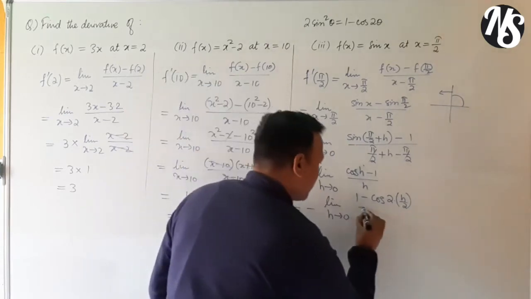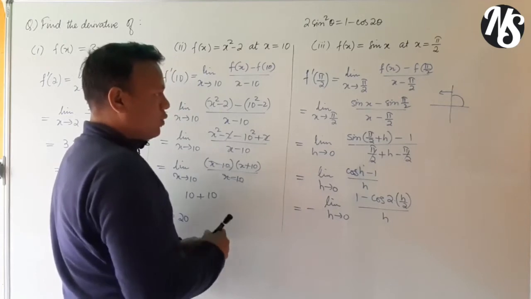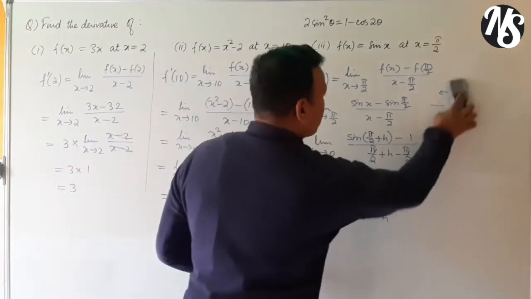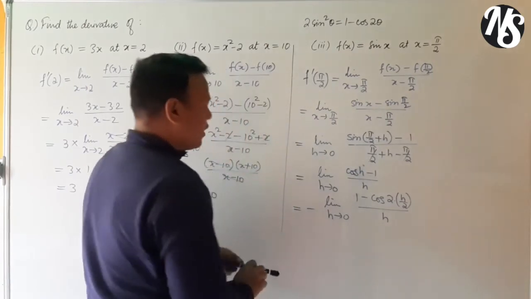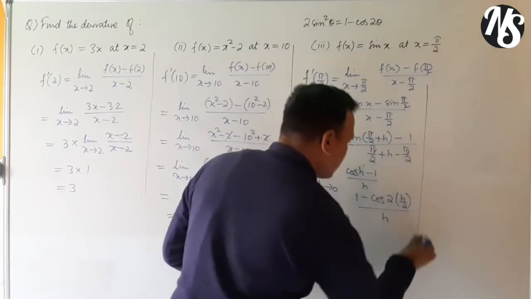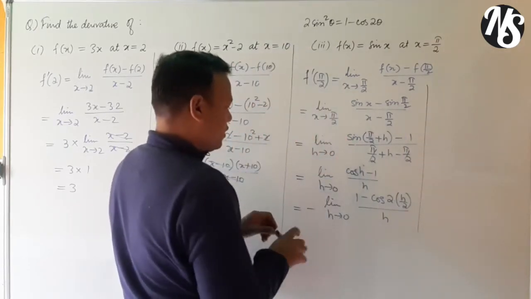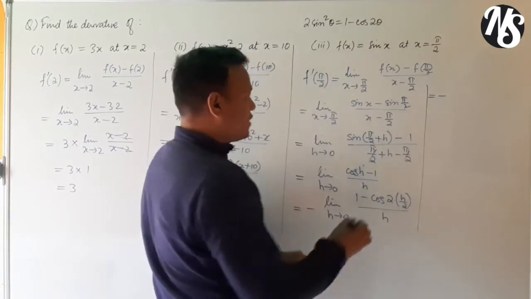Definitely, divided by h, right? Okay, so let me erase this part. I don't have space. I think I won't be able to complete this problem in this. Okay, fine. So let me do it here. So this is equal to minus limit h tends to 0,